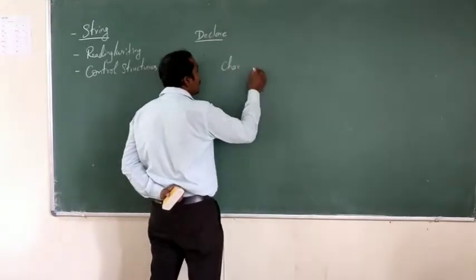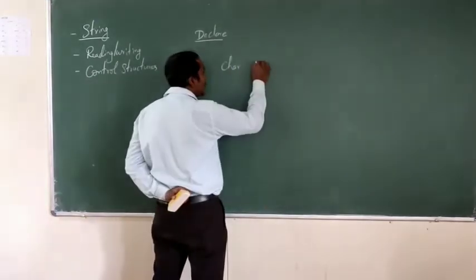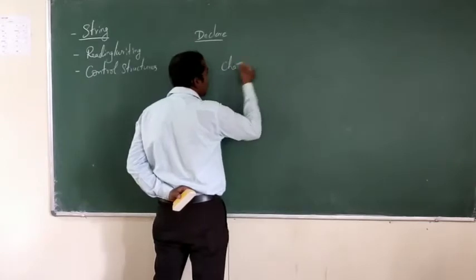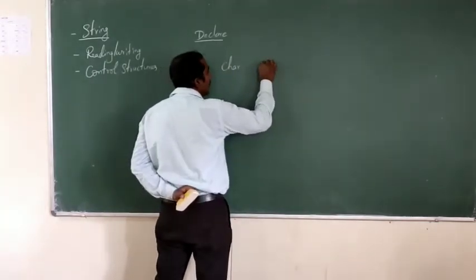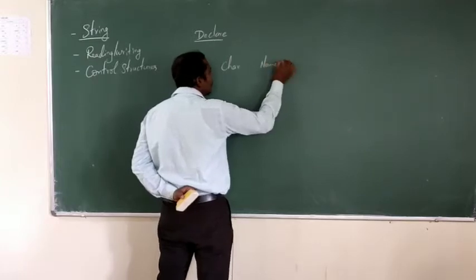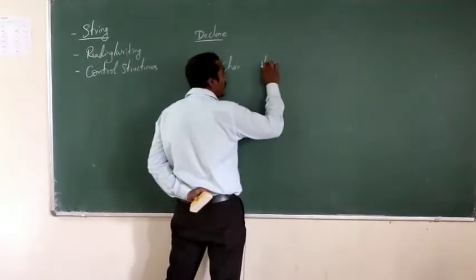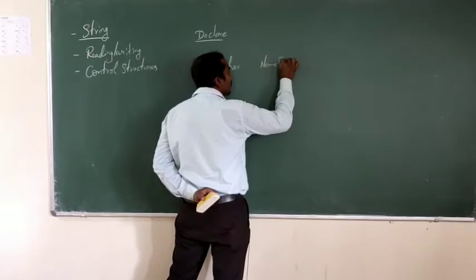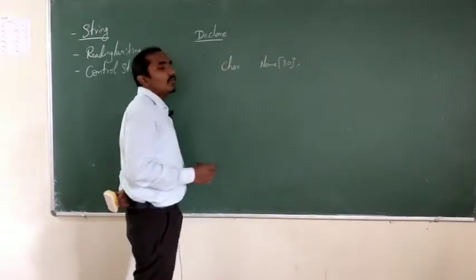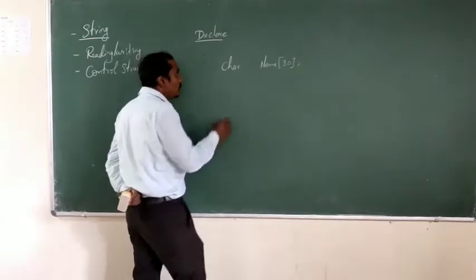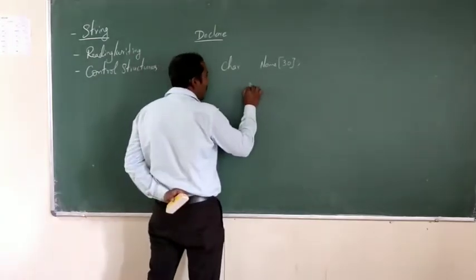So first I'll define the data type as character, followed by the variable name. You can give anything, like say I'll mention the variable name as name. After that it is going to store 30 characters, which represents the size of the array. So we have a one dimensional array,